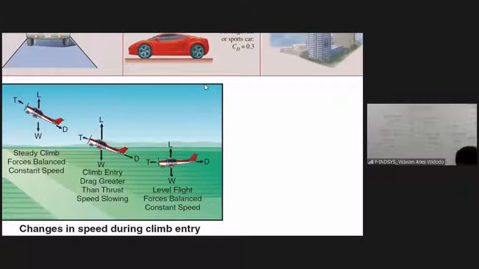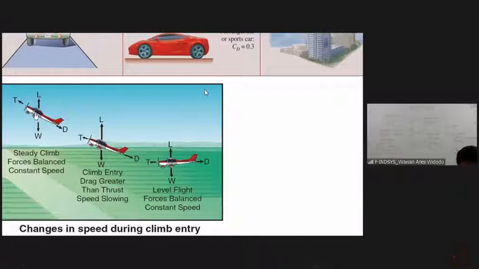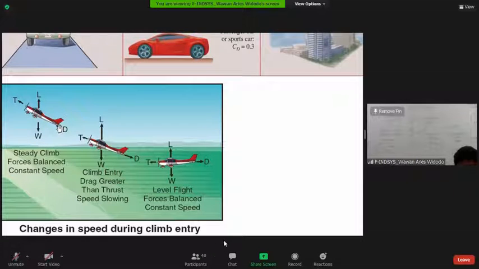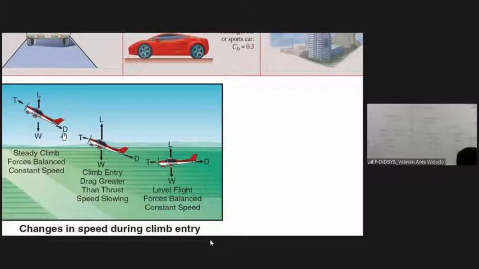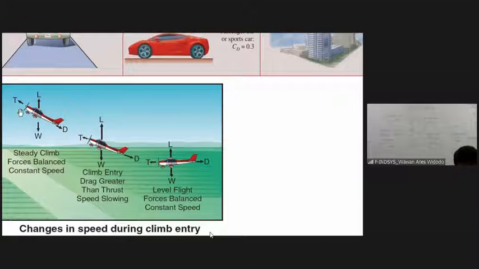Okay, and then this is the lift. Lift is created by the wing of this airplane, and the part behind here. So this airplane creates D. D here is the drag force. This is the lift force. This is the weight. This is T, thrust. Thrust force is created by the engine.